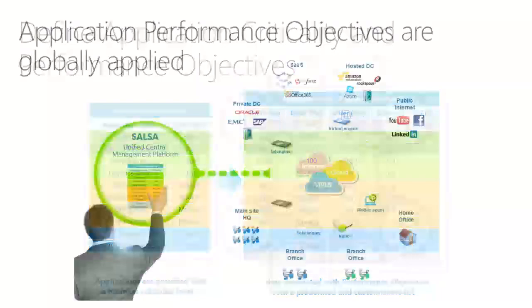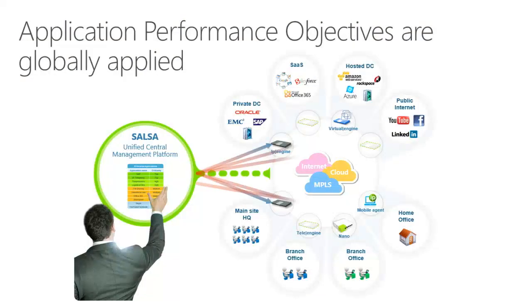Once we've built this profile, we can push it out into the network. So we can put devices, probes into the network in key locations where the traffic is, and we can then push this profile out. Then everybody has the same idea of how to manage the network. And here we start to differentiate from traditional router-based quality of service in that we're not having to set each point up individually. We're taking the global approach.